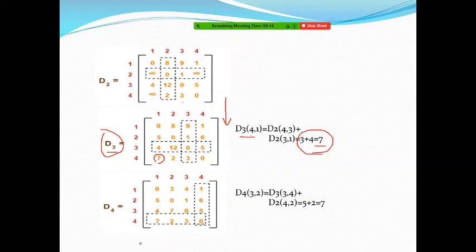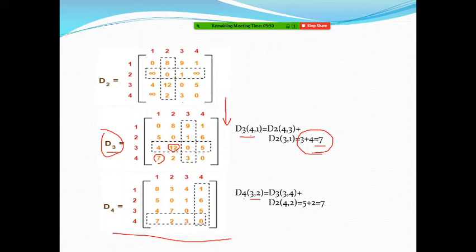Then the last matrix, D4. So what is D4? It is with the introduction of vertex 4. I'm giving one example: the connection between 3 and 2 with the flexibility of 4. So you can choose 4 as the intermediate vertex. So where is D3 3 2? This number is 12.